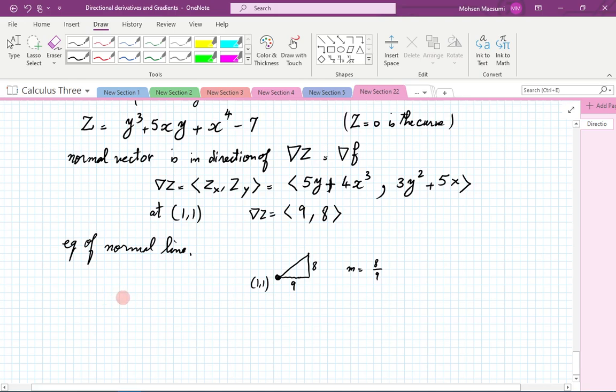Back in college algebra, y minus y of a given point is equal to slope times x minus x of the given point. This is the equation of the normal line. If you want to write it in general,